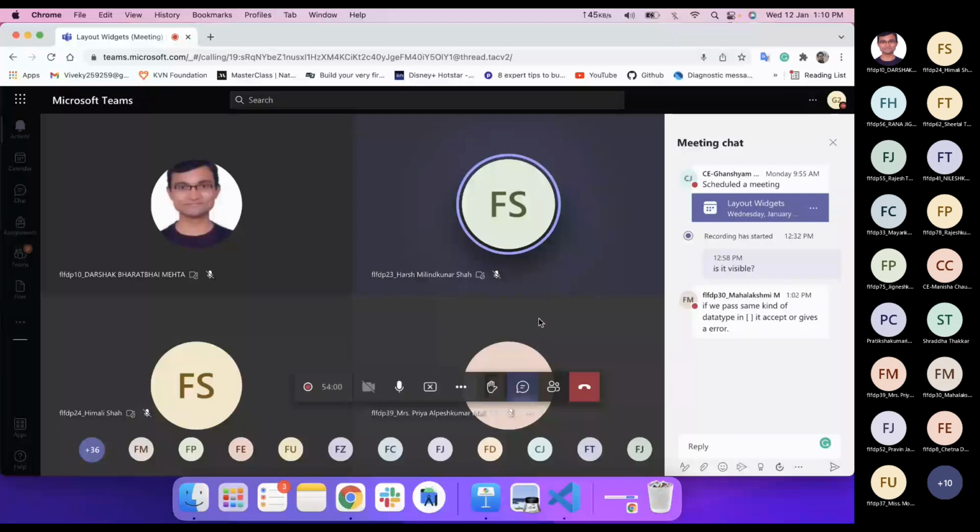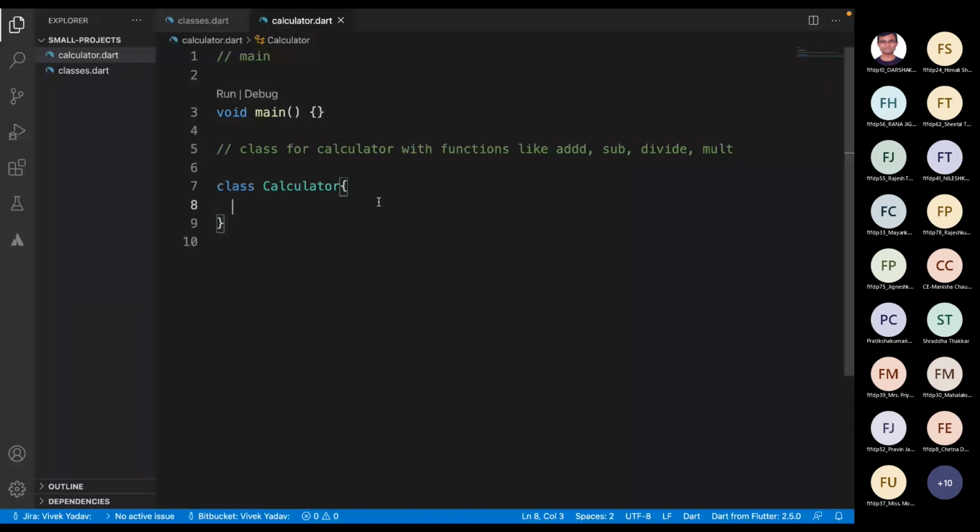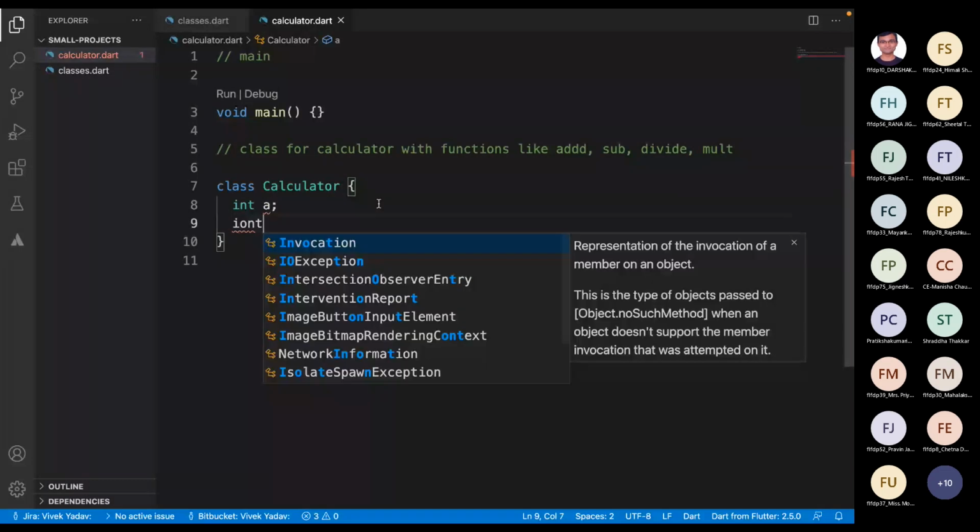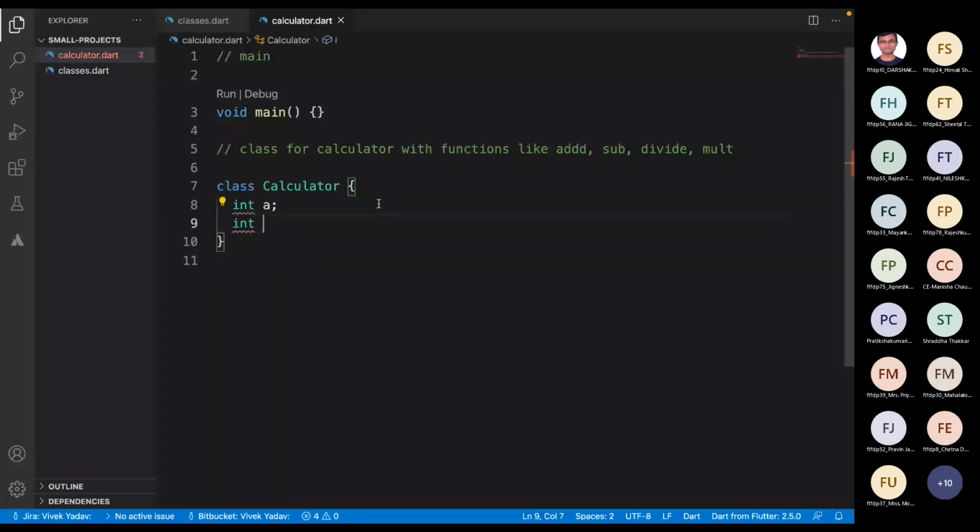Okay, so everyone please keep creating your calculator application. Meanwhile, I am doing that as well. I will have some variables like int a and int b, and then I can have a constructor of the calculator class.